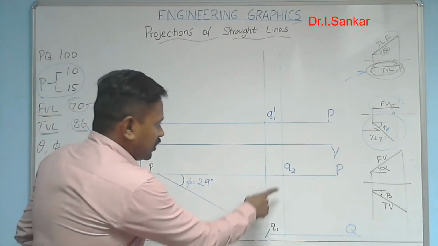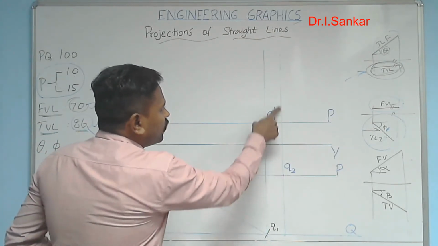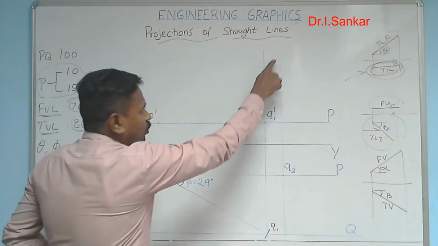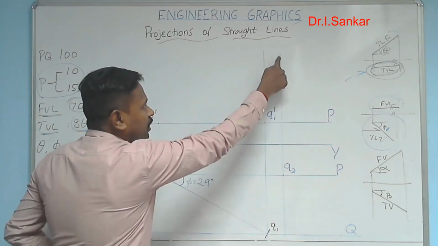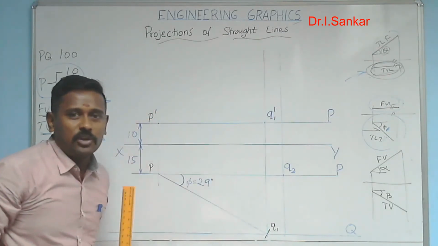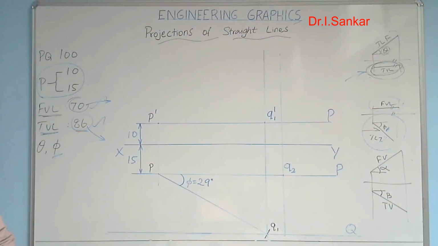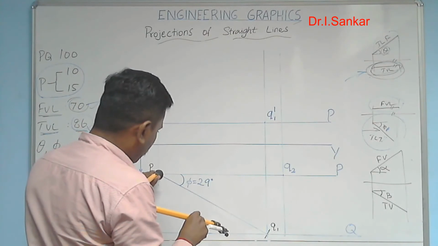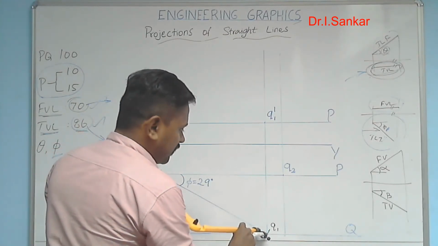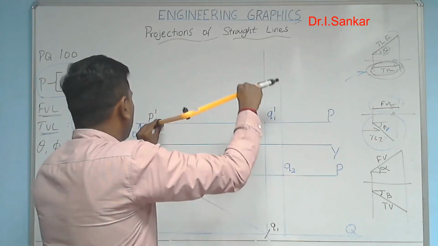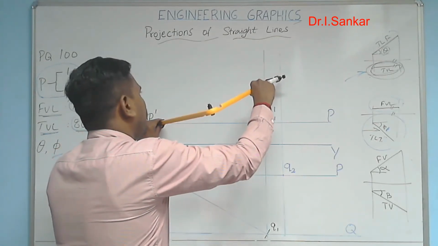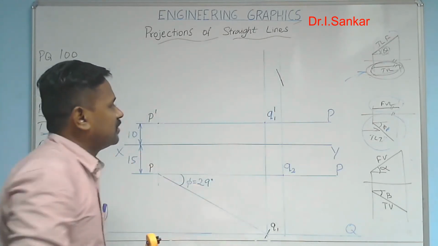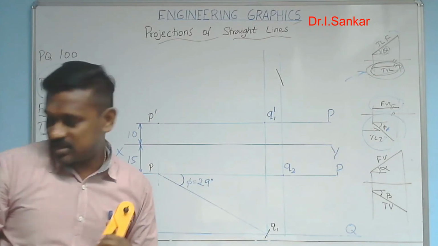See here, you can track the projector of Q2 in the front view area. Measure 100 mm in your canvas from P dash, cut one arc in the projector of Q2. Then you can draw the true length line in the front view area. The true length never varies from front view to top view. So with P as center, in the locus of Q2, now I am cutting one arc. This will help me to mark the Q2 dash.